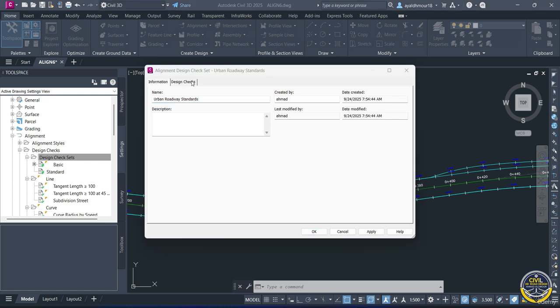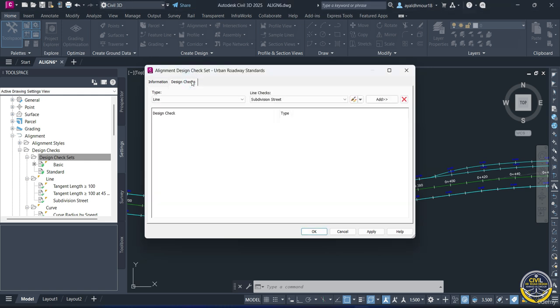In the Design Check tab, add the checks we created from type, line, then in line checked, choose tangent length more than 100, add, and also tangent length at 45 km/h, add,